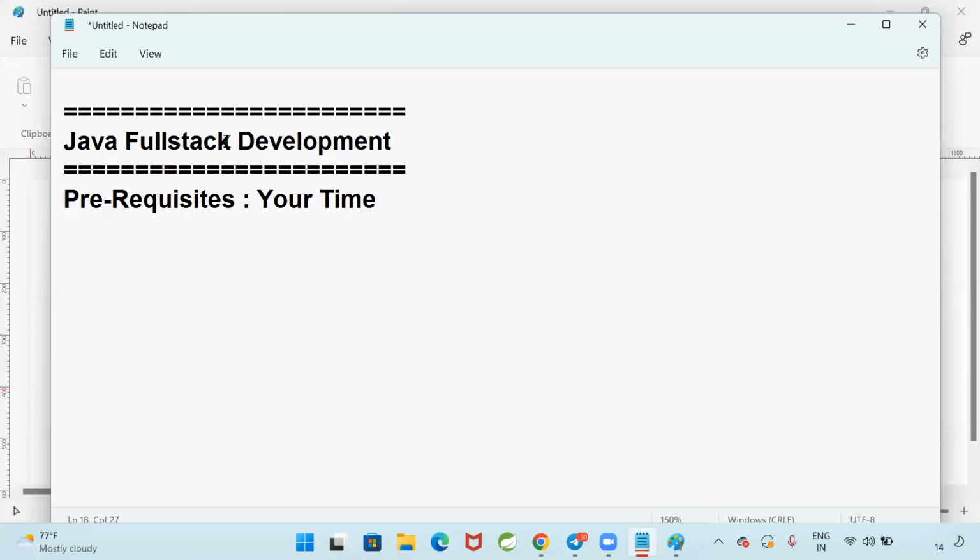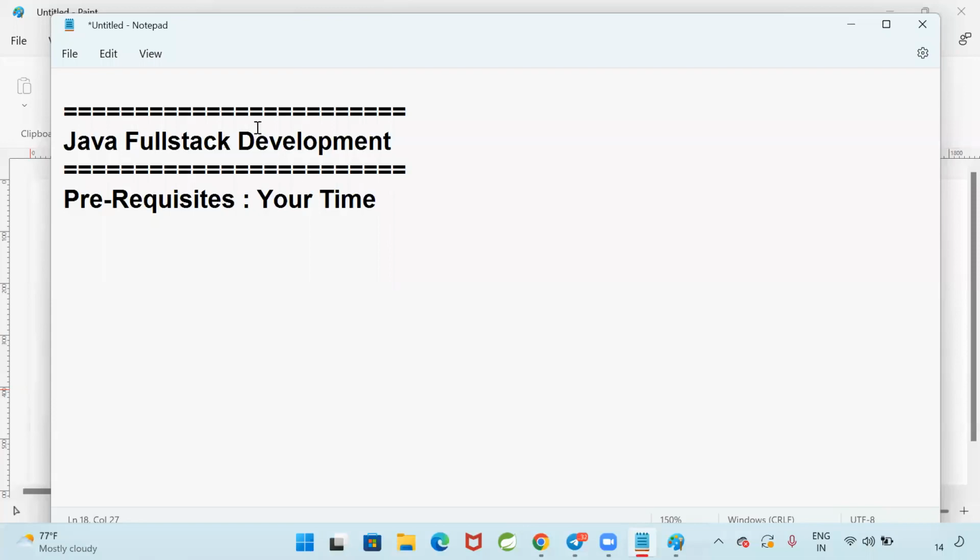We are going to start from the very basic, from zero level. I am going to consider all of you as freshers. I am going to think that you don't know anything about programming languages. From that level, we are going to understand Java full stack.